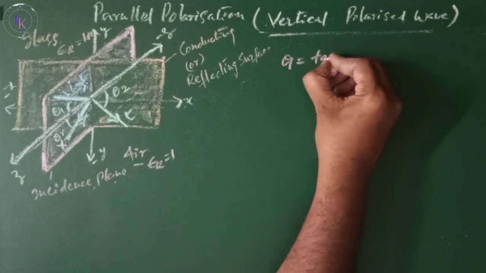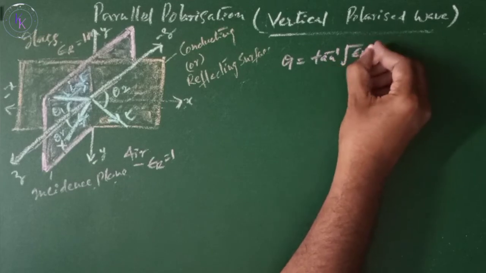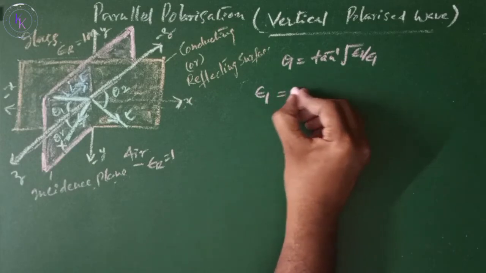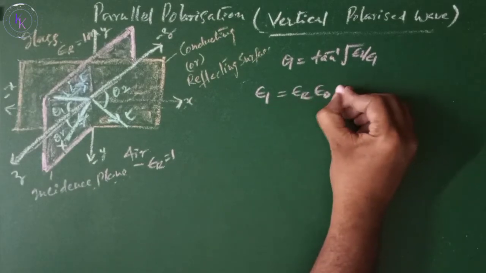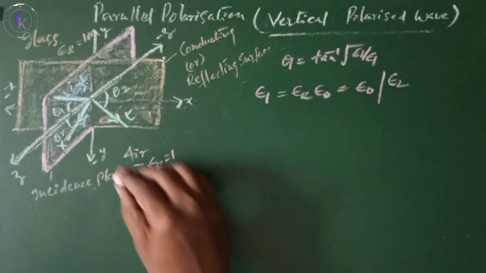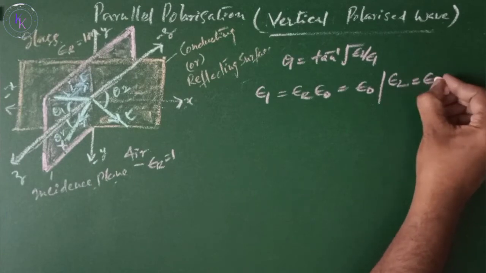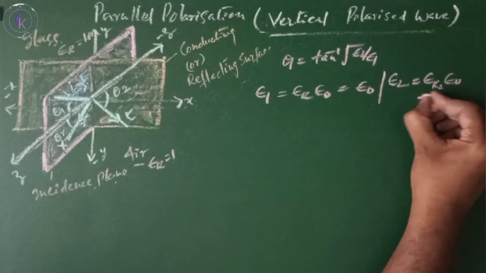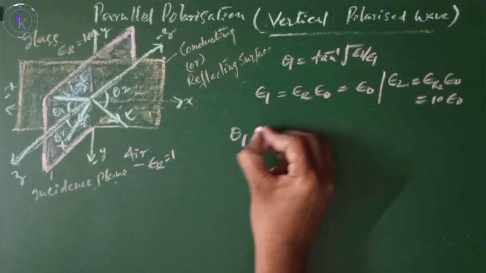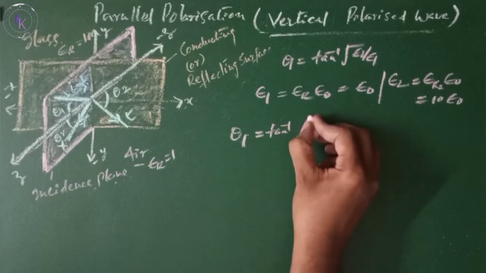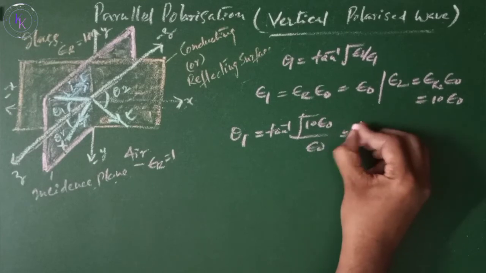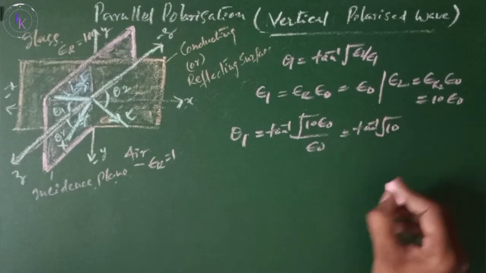We know that it equals tan inverse of the square root of ε2 divided by ε1. Then ε1 is the permittivity of air, which equals ε_r ε0, and ε_r is 1, so this is ε0, and ε2 is the permittivity of the glass, that equals ε_r of the glass times ε0, that equals 10 ε0. Then Brewster angle θ1 equals tan inverse of the square root of 10 ε0 divided by ε0, or tan inverse of √10,